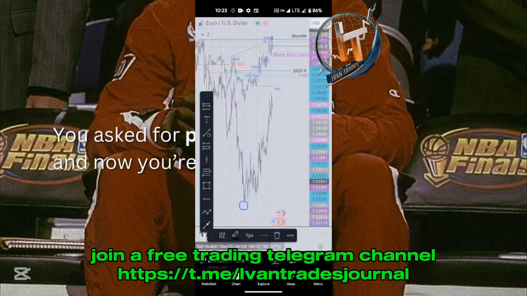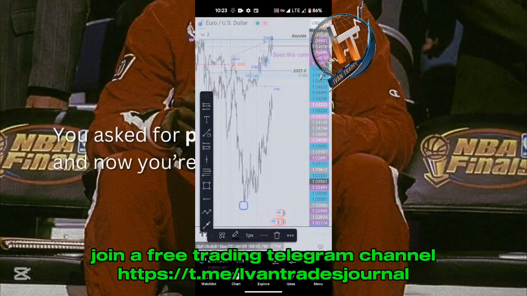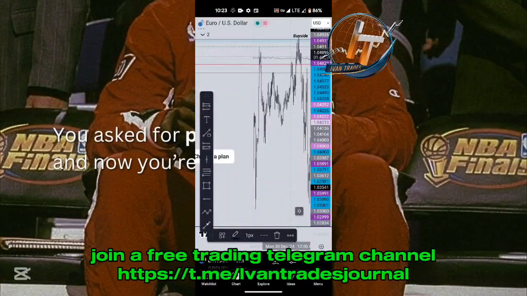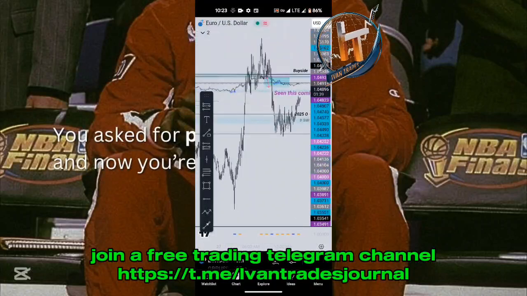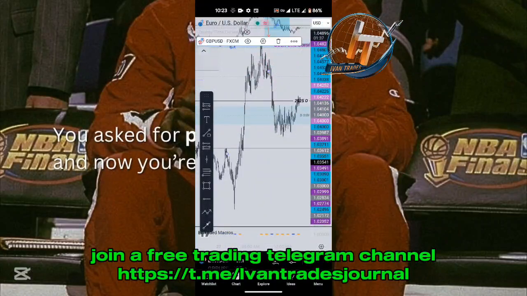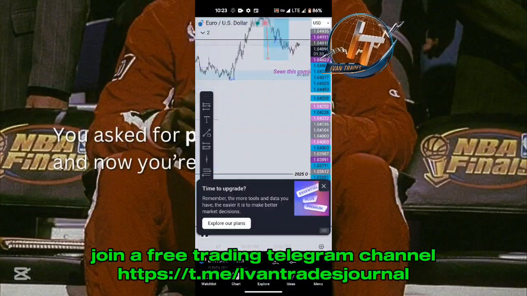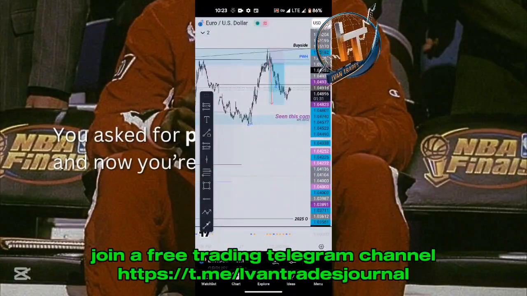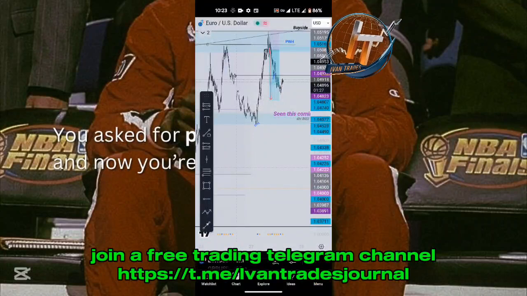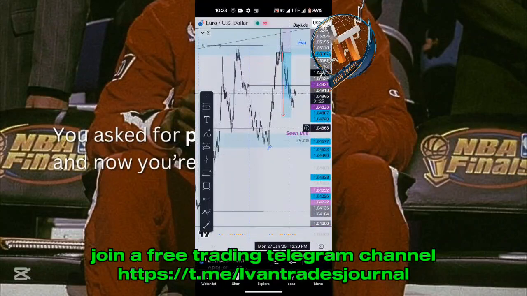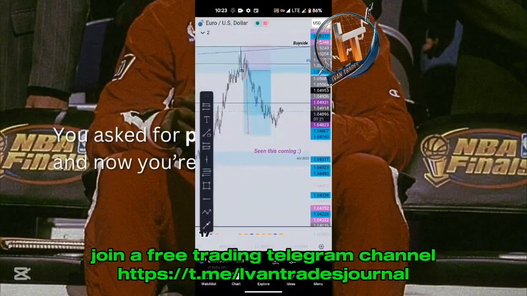Also, the London highs were already swept, and price did not stay there for a long time. So that was why I was anticipating some kind of a pullback, at least to the premium, to the midpoint of the previous day's range, which is right here below. So after seeing that,